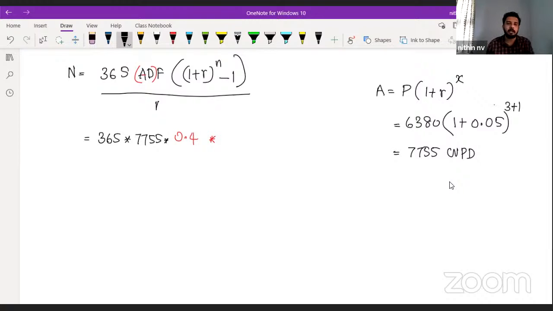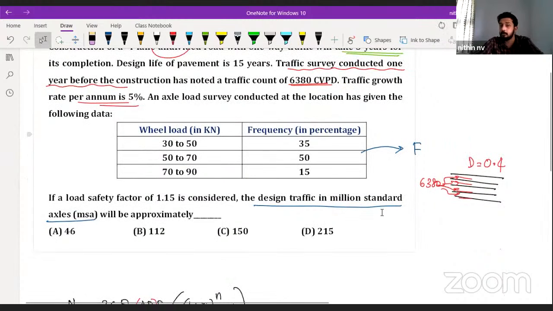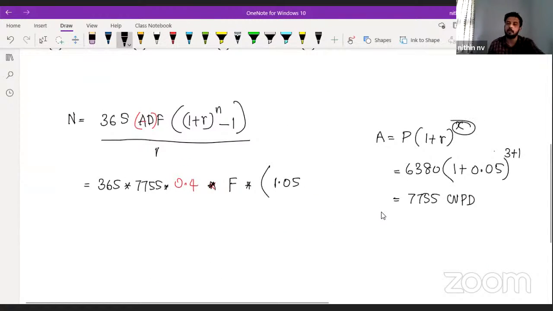Now the F value we have to calculate. Keep it there. This is what I told you, they will give it in the question for 2 marks. In this question I am just trying to incorporate more concepts into one question. That's why. So 0.4. Now the F value I am keeping here. Now 1 plus R. R is nothing but 5%, given in the question. In decimal, can I take 1.05 directly? Nothing but 1 plus R, raised to N, and this N is nothing but our design life. What is that? 15 years. Don't confuse this 15 with the X value which we are taking here. Don't confuse and make a mistake. So here it will be 15